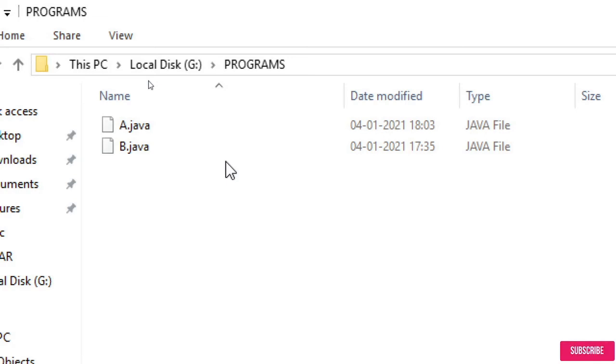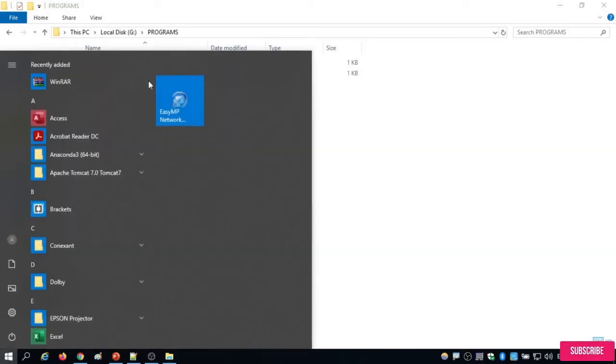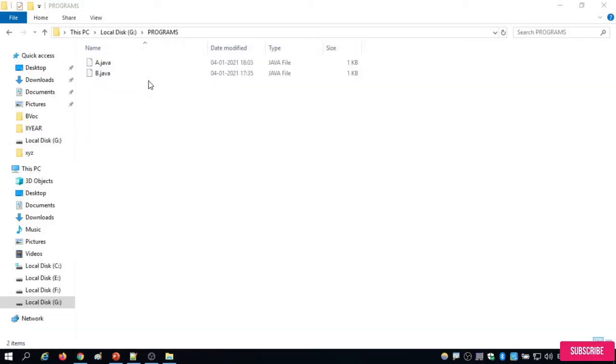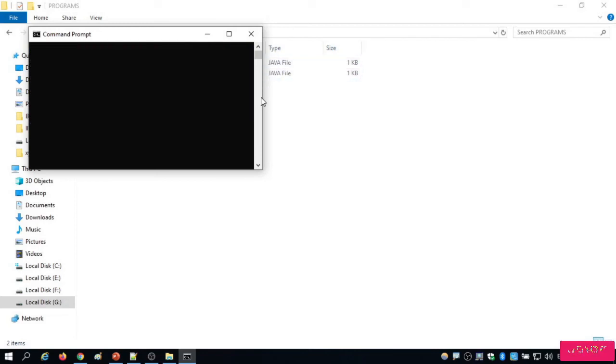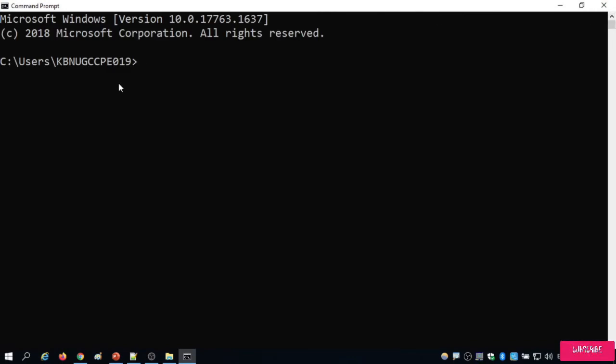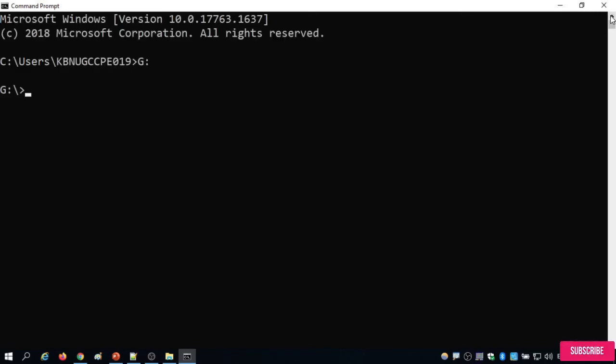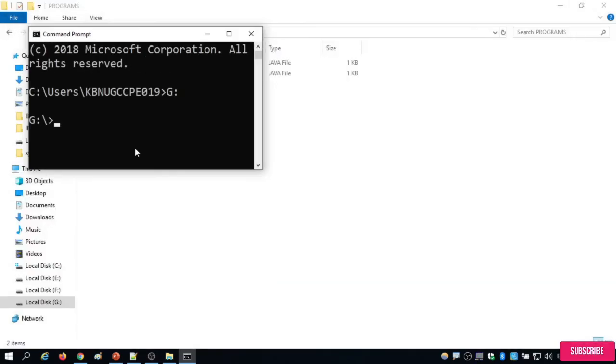Now I am going to compile. For compilation, the command prompt was opened. Here I need to go to the G drive, right? G colon. And in the G drive, the programs folder, cd.